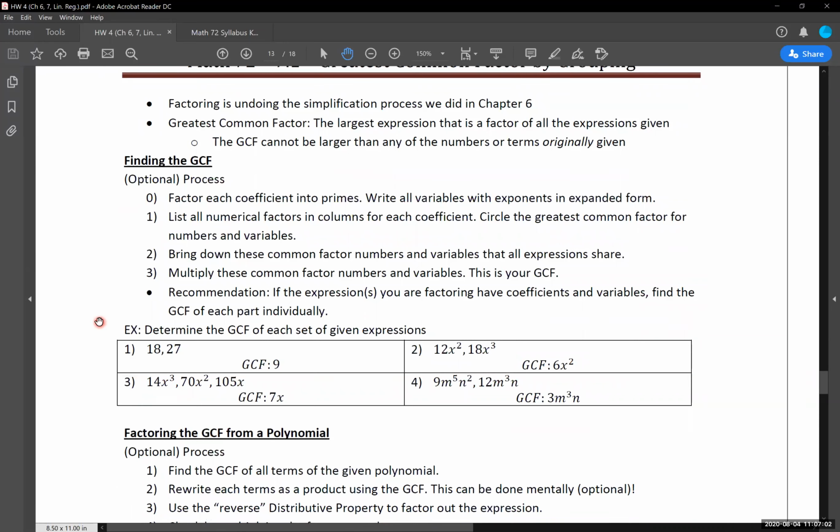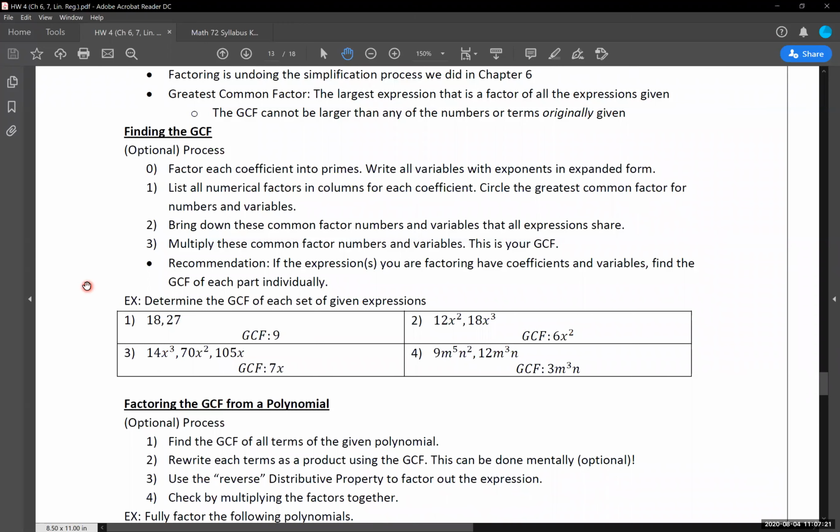If you are trying to do all of them at once, it could be an absolute pain to make that happen. So work with the numbers, then the first variable, then the second variable, and so on until you have everything completed. But if you try and do numbers, variables, and keep track of it all, to me, I can't keep track of it all, so I don't expect you guys to either.